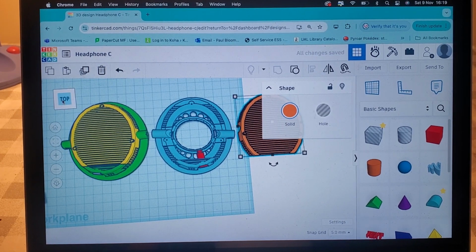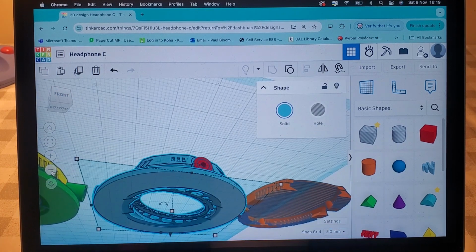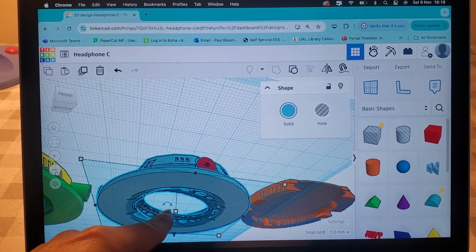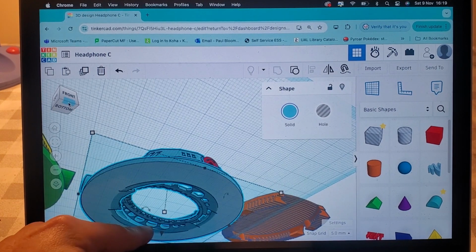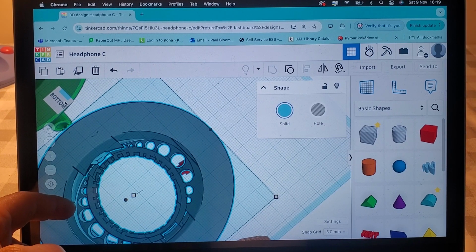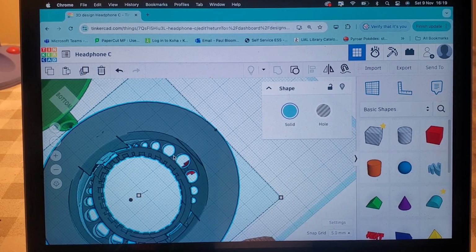internally I'm adding an angle to the way that the driver's installed. So the plan is that the part where your ear is going to be against, so this is where the pad will connect, attach. The driver is at an angle, which will help with the staging. So also, if you notice, I've got holes for air to go round the driver, and this is going to be for tuning, so I'll be able to put felt or tissue over these areas to control the amount of